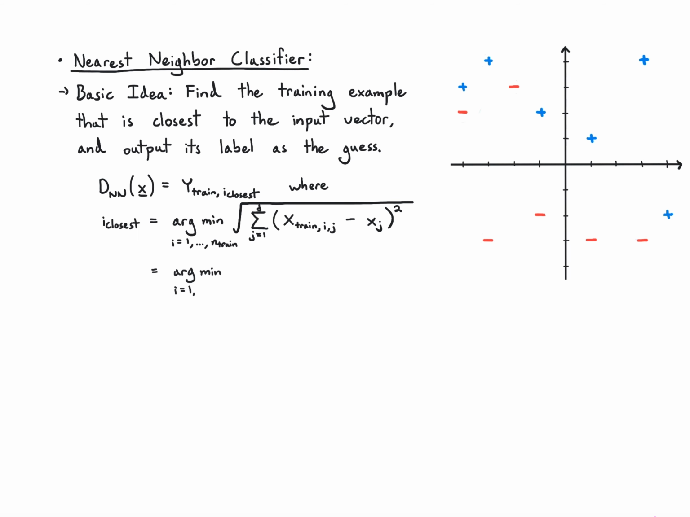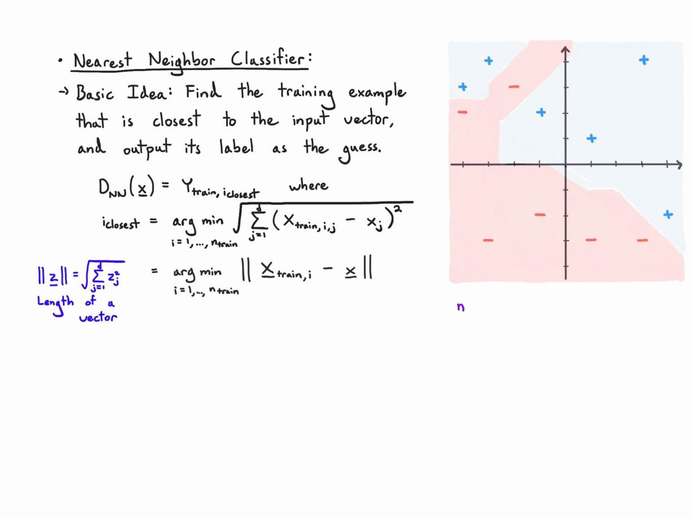And maybe it's easier to see what that looks like if I'm looking over this length. So I have z, length of a vector, and that's just the square root of the sum of the squares of the entries of z. So if I do that with a difference between x train of i and x, then I'm going to get the distance between those vectors, right? And so if I just take the argmin of that, then I'm finding the closest point,